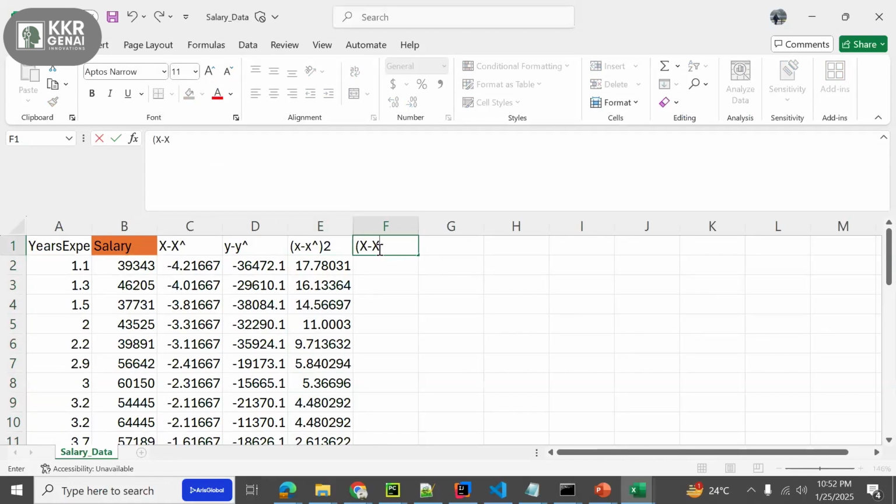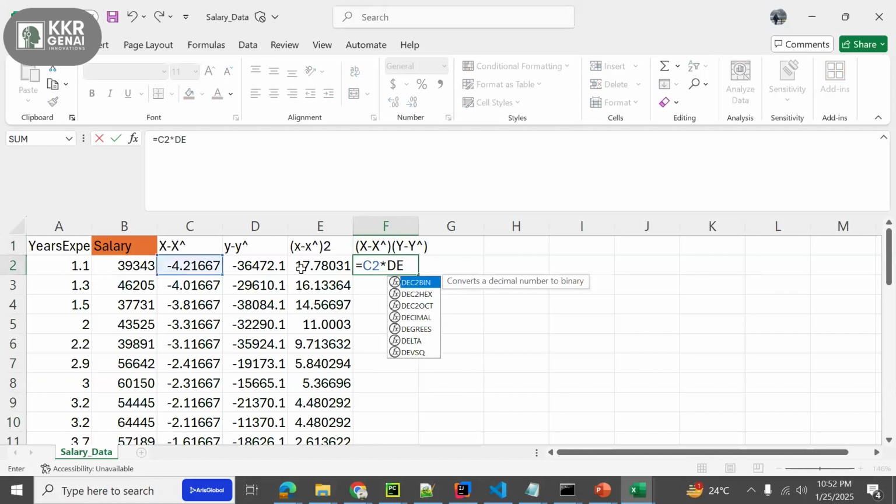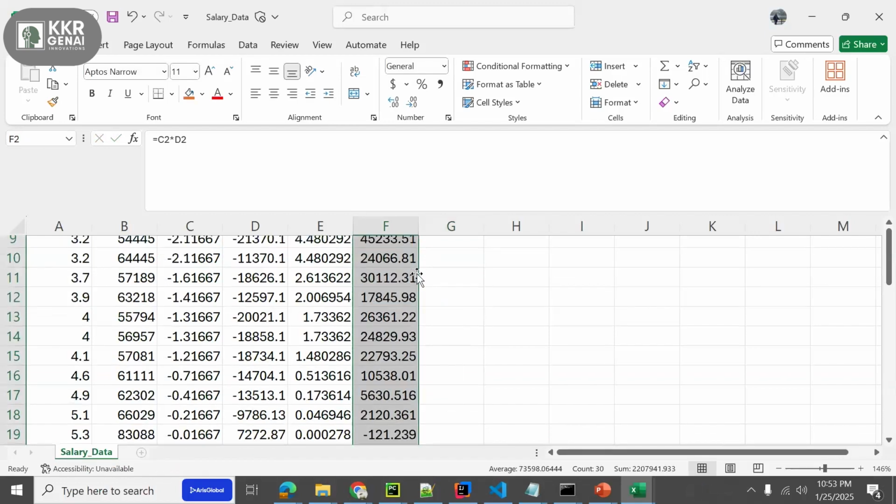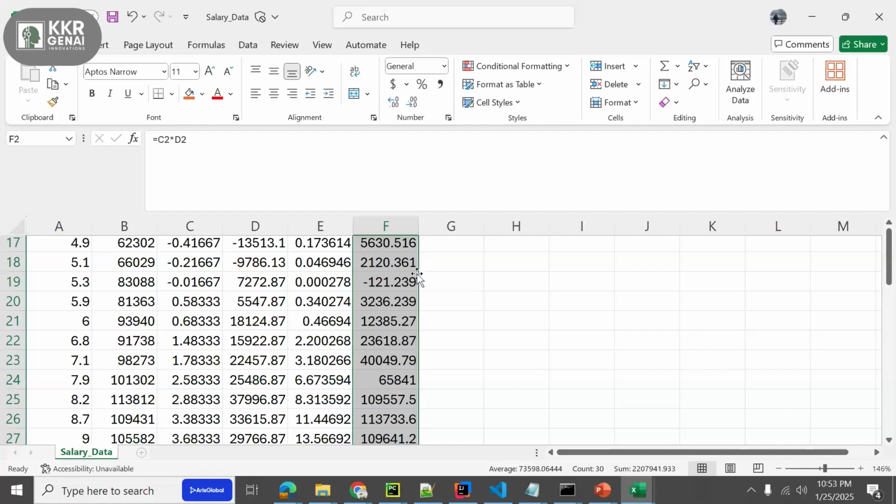x minus x mean into, oh sorry, into y minus y mean equal to that is c2 into d2, right? This is the formula, right? We are doing multiplication for c and d, x minus x into y minus y. Okay, now we got it. Now what we are going to do, we are going to apply the y equal to mx plus c formula, right? So